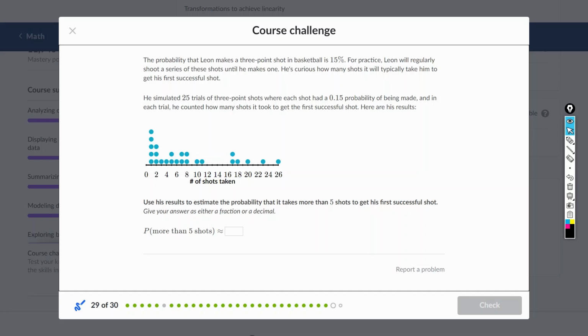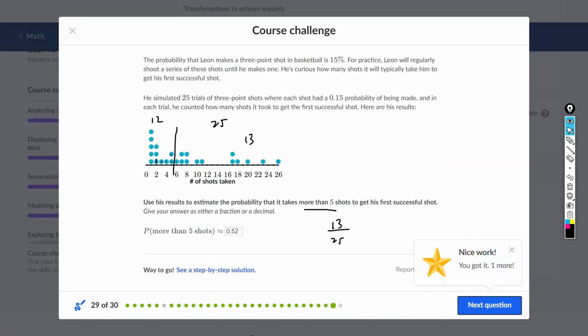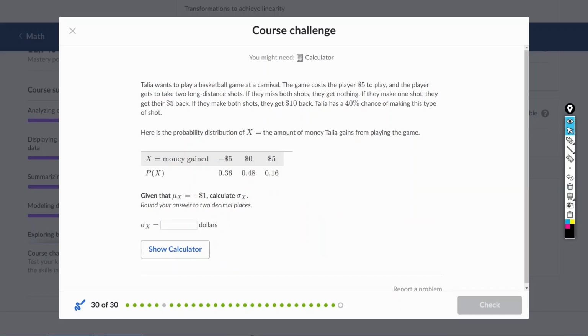OK，好，the probability that Leon makes a 3-point shot is 15%. Simulate 25 trials. Use the result to estimate the probability that it takes more than 5 shots to get the first successful shot. 那么就是1个、2个、3个、4个、5个。More than 5 shots，那应该是从6开始数起。总共有25个 trial，那数一下这边吧，这边是12个，那这边是13个。那么它的 probability 就是13除以25，0.52。